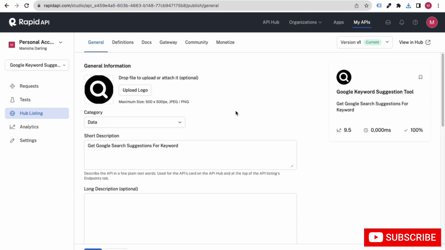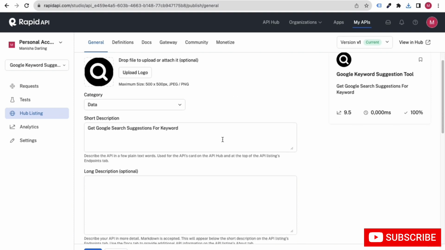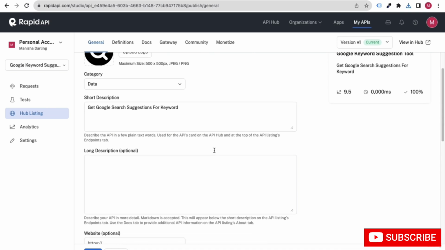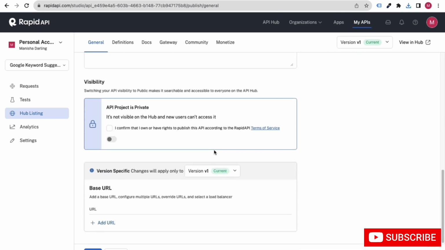Done, right? Now you can scroll down here. You don't have to do anything else, and in the URL, my friends, you can paste the base URL.